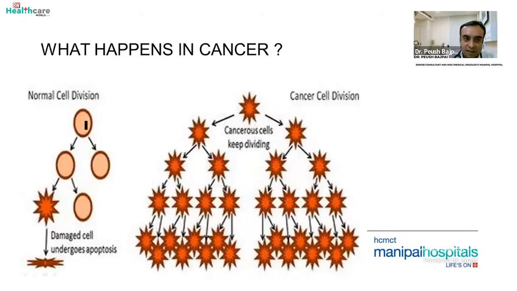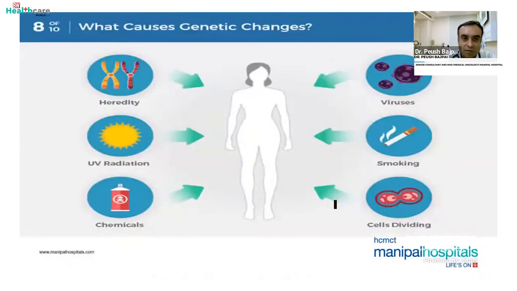The normal cell division, as we can see, is pretty much regulated. The cells would proliferate and eventually die as well. They would undergo apoptosis, that's called cell death. However, unlike the normal cell, there is no regulation in these cancer cells, which are part of our body, rather part of the normal cells. They have gone anarchic, and they start dividing in a very haphazard manner, and produce multiple clones or multiple cells like them. This is what is going to give rise to cancer.